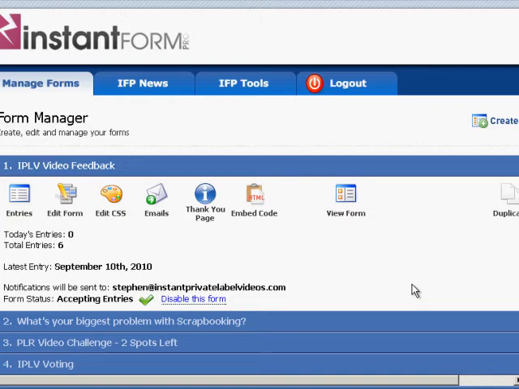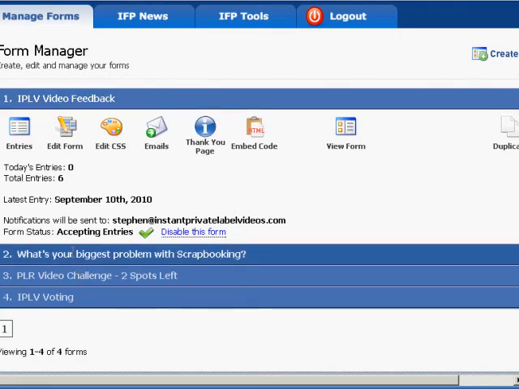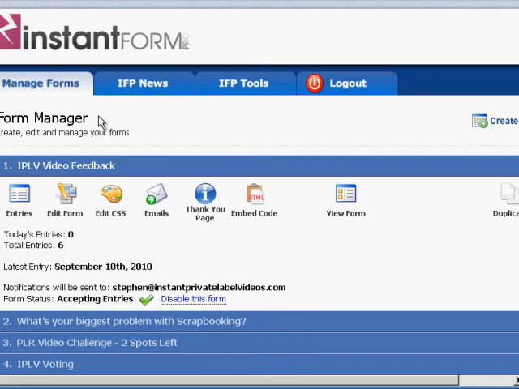Okay, so what you're looking at right now is the inside of Instant Form Pro. It's a PHP software, so basically you can install this on your website, log in, and you'll see this. This is very, very easy to use, and I'm going to show you how to use it. Plus, I'm going to show you how you can get the feedback that you need for your webinar. As you can see here, I have about 4 surveys that I have completed for this specific section. Now, to create a new form, you just need to scroll over to the right.